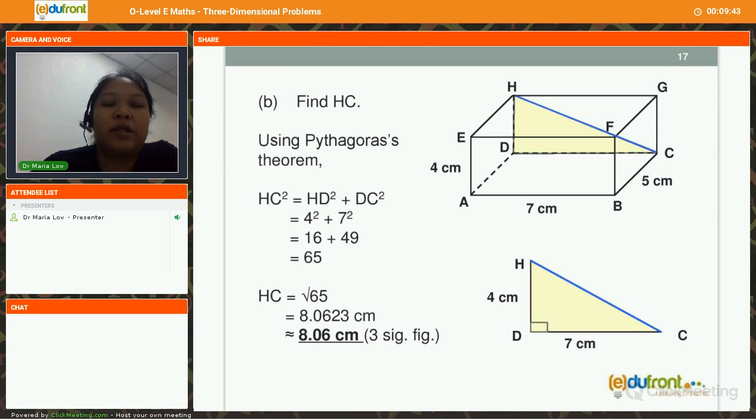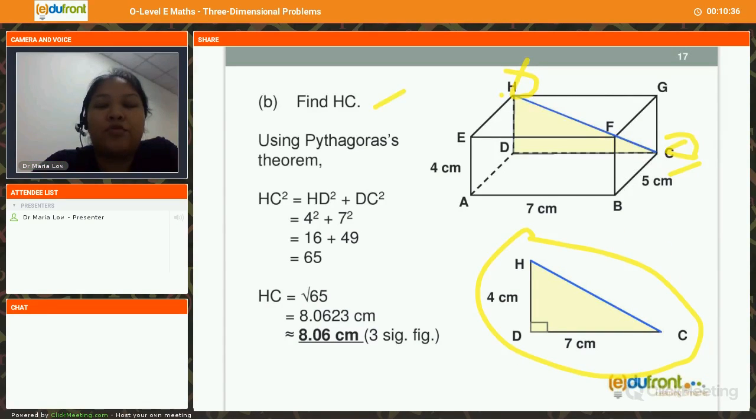Now let's take a look at the next part of this example. The next part of this example is we need to find HC. So as you can see in this diagram, HC is actually the diagonal of the back plane that contains HGCD. So we have these 2 points over here, and if you identify it correctly, you actually have a plane that is behind, which is GCD. So step number one, we have already identified the plane that contains the length HC, and step number two is to draw the right-angled triangle that we have identified earlier on. So this right-angled triangle is actually